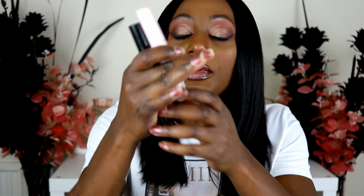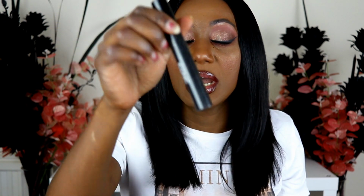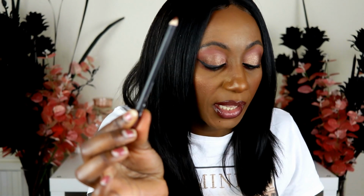Mascara, I went with two lots. I tried the Glossier Lash Slick. It doesn't really do much except thinly coat your eyelashes, and then I'll finish it off with the Iconic London mascara. So I'll finish that one, and on the lips, the lip pencil is called Bar from Morphe,